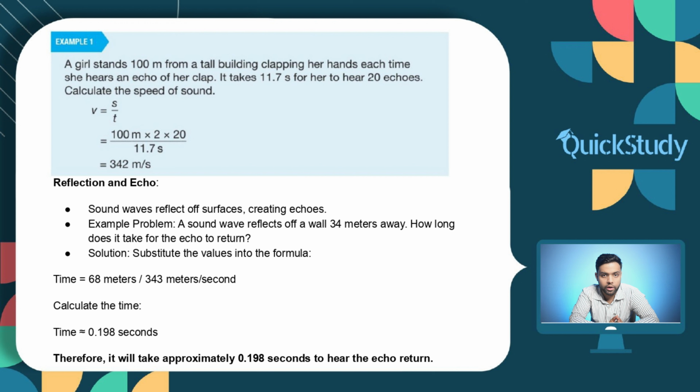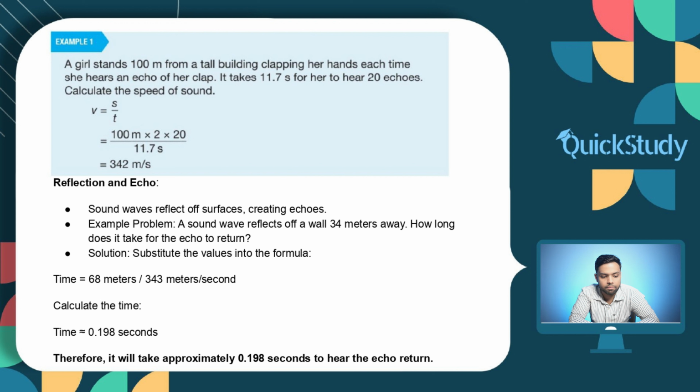While working with sound waves, we have to keep in mind that sound waves reflect off surfaces, creating echoes. For example, a sound wave reflects off a wall 34 meters away. So how long would it take for the echo to return? The solution to this would be the same formula, which is V is equal to S divided by T. Here we have to calculate the time. So T would be equal to